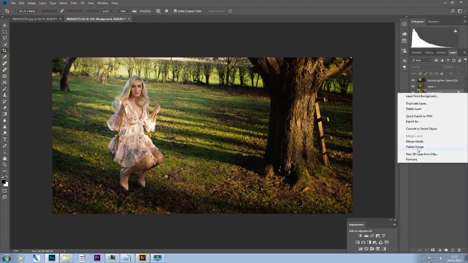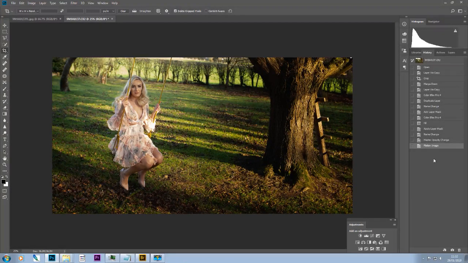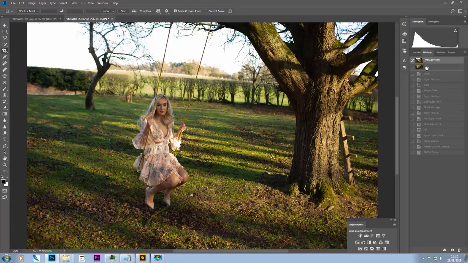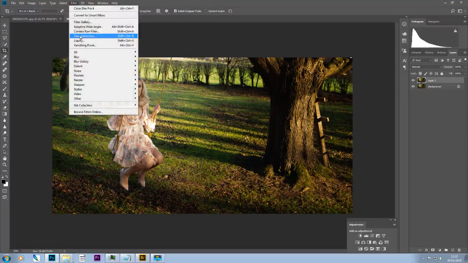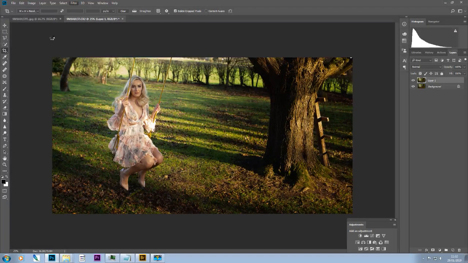So at this point, I'm just going to flatten that and we'll take a snapshot. There, I'll call that DLC. And if we just go back and forth, we can see that our model has now started to emerge from the background a bit better. However, in this case, I would normally now perhaps do a few passes